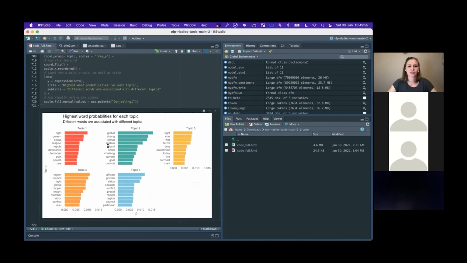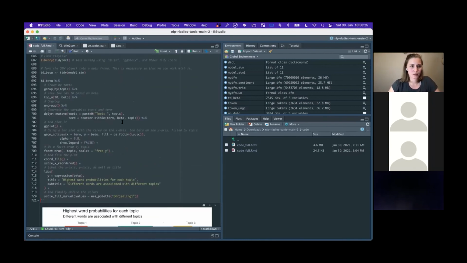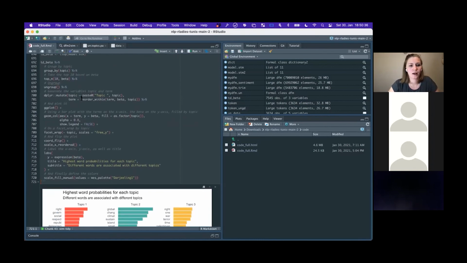We want to see what's the highest word probability for each topic. So which words occur most within each topic, to get a better idea of what is going on here. We facet wrap by the topics. We want to have the words on the Y scale and the probability on the X scale. What Julia Silge did here is basically she grouped by topic, got the top 10 words per topic, and then did some data wrangling, got the names of the facet wraps nicely, and in the end plotted it using geom_col,